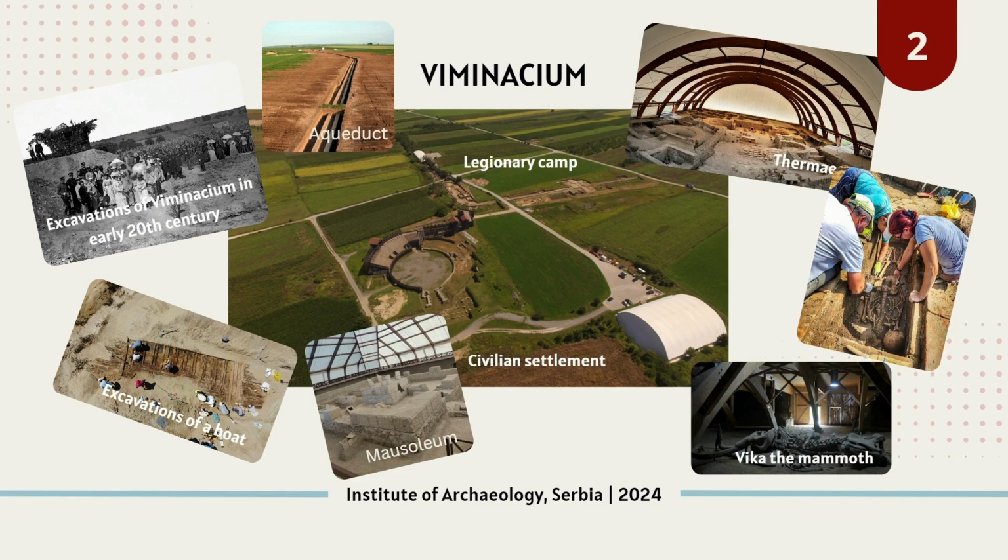Viminacium was granted the status of municipium during the reign of Hadrianus, while under the reign of Gordianus III, Viminacium was given the status of colonia, as well as the right to mint coins. The downfall of the city started in the 4th century, and by the end of the 7th century the site